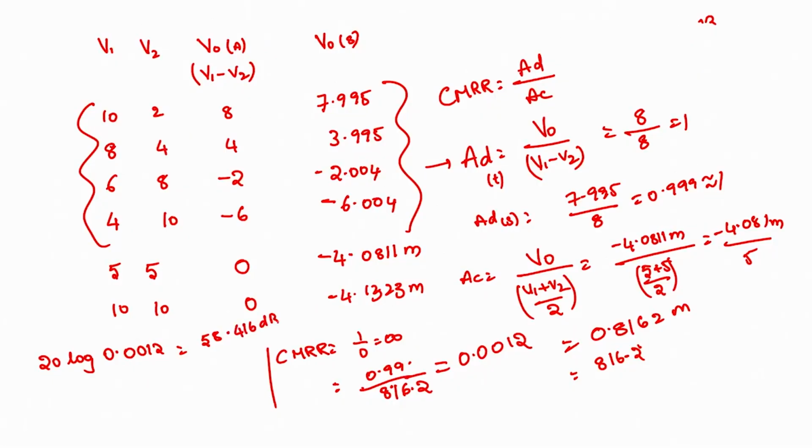dB. Why am I eliminating the minus? Because CMRR should always be the mod of AD by AC. Even in this case we have a negative, and when we calculate, minus is becoming positive, but CMRR is generally mod of AD by AC. So which is 58.4 dB for this particular type of op amp,